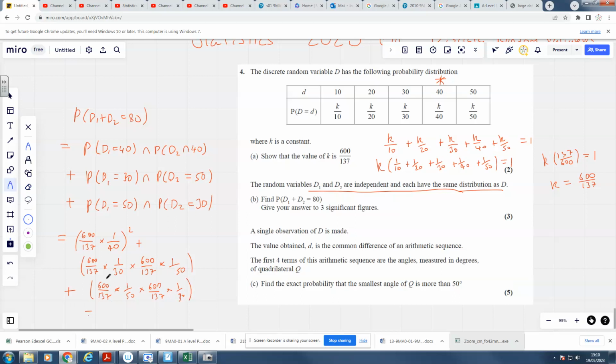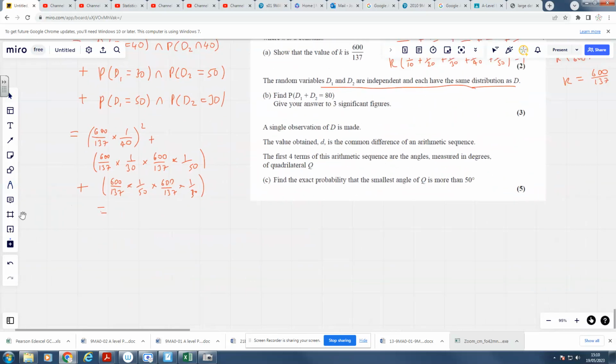Okay, and then we just work all of that out. But it's a long old question, it really is. It's easier if you've already worked out 600 over 137 as a decimal, that's for sure. And working this out on my calculator, I think I'm going to press 600 divided by 137 first, just so I've got that as a nice number and it's in my calculator's memory. And I can just say